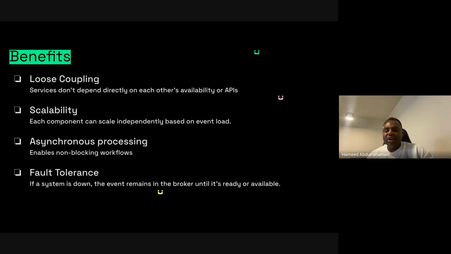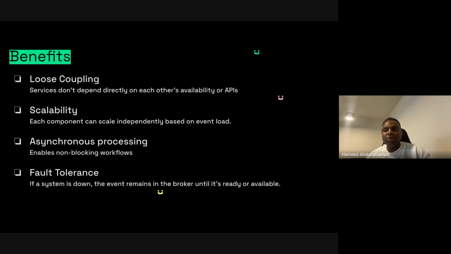Another very core benefit is fault tolerance. I think I've made mention of this a couple of times. Fault tolerance is one of the most prominent benefits of this architecture, because when one system is down, the entire system is not down. It's just that particular service that is down. So you can have a system whereby the order system is down, but the checkout still works. When you have your orders in the cart, you can still check out without the entire architecture being down.